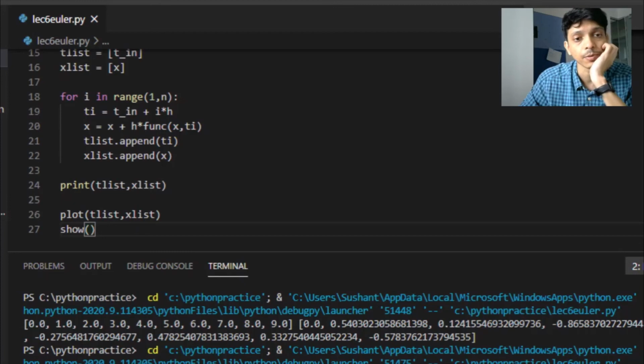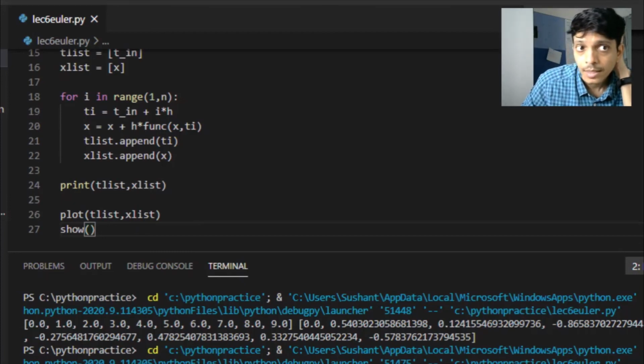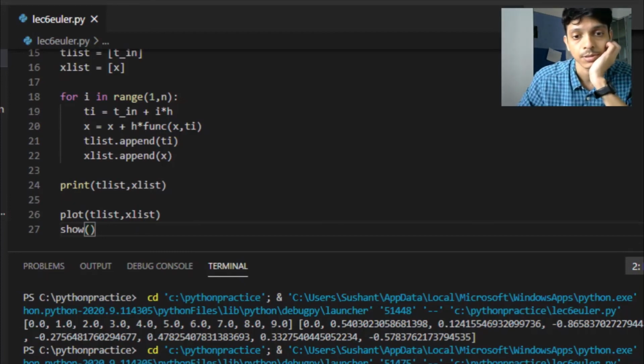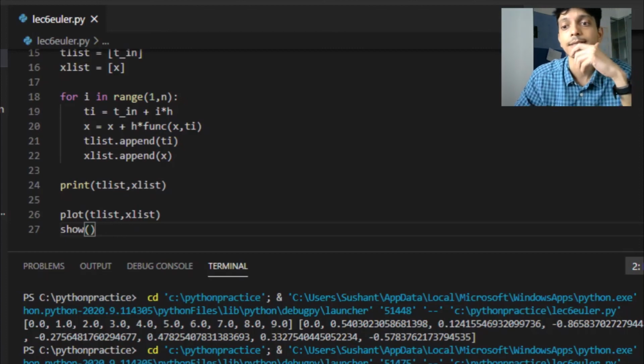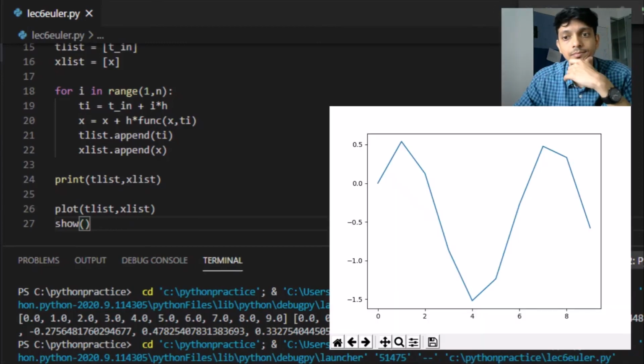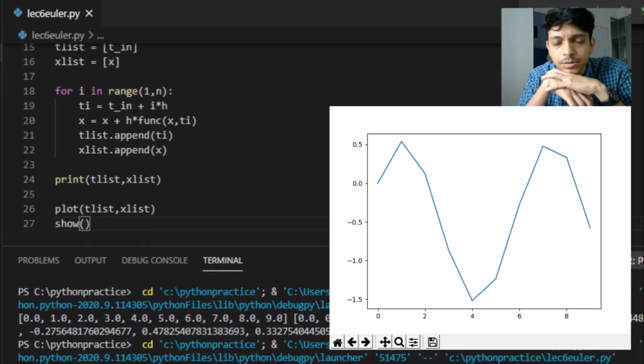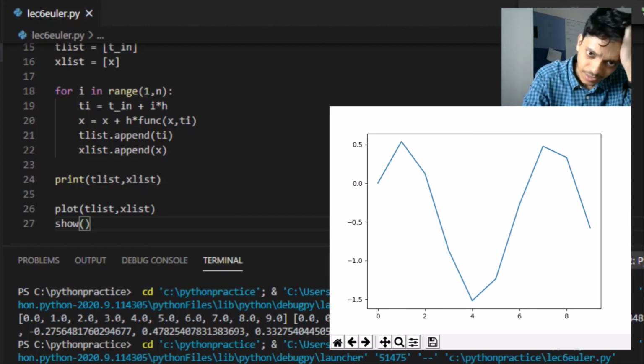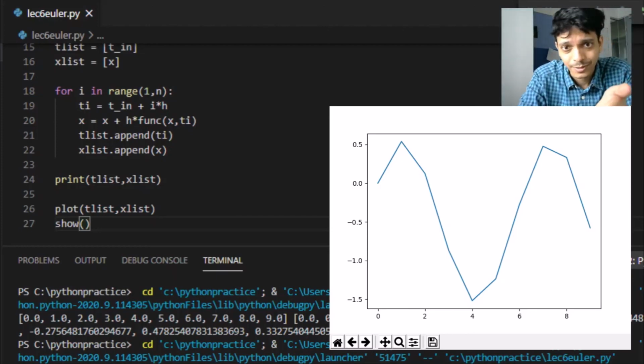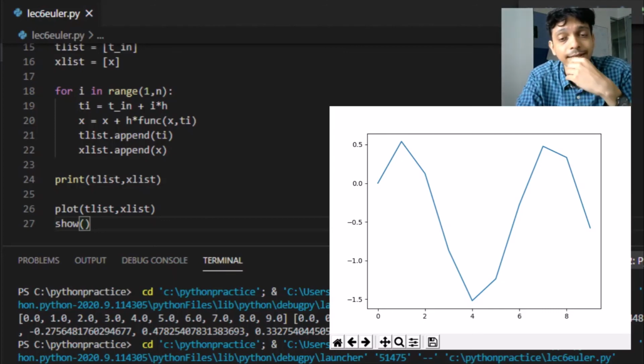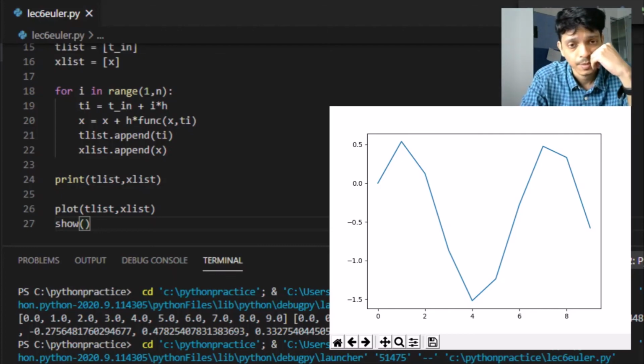So I have this plot over here. I realize you can't see the plot. I need to adjust my recording, one second. So I think you should be able to see this now. So here is what I've got. It's not the prettiest picture, and it's also kind of inaccurate if you think about it, because this is not what sine looks like. The reason for that is simply that we've taken very few steps. We've only taken 10 steps.